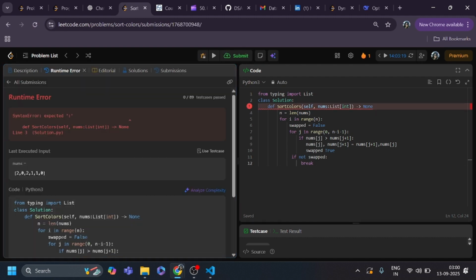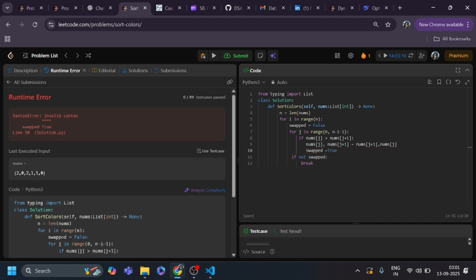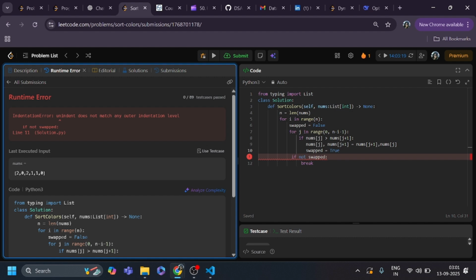Okay, I got an error: invalid syntax, line number 10. Oh, here I need to put equals to. Okay, so here the indentation does not match the outer indentation levels.